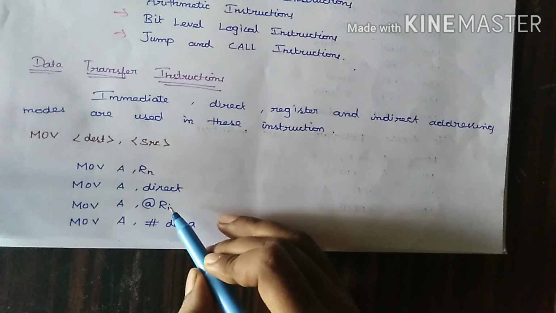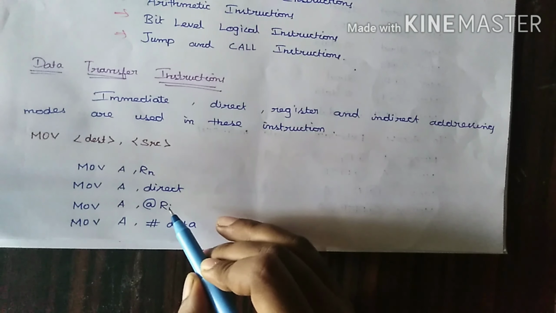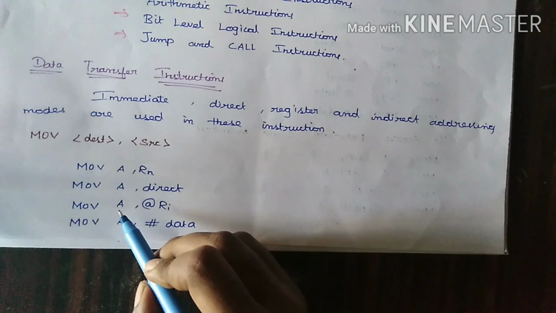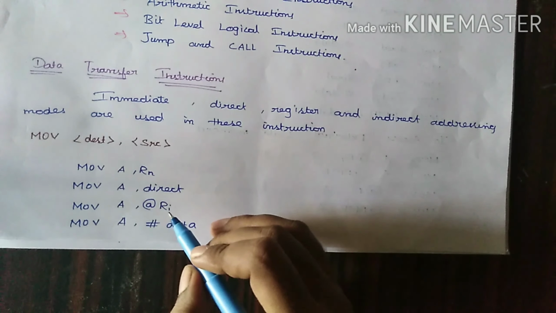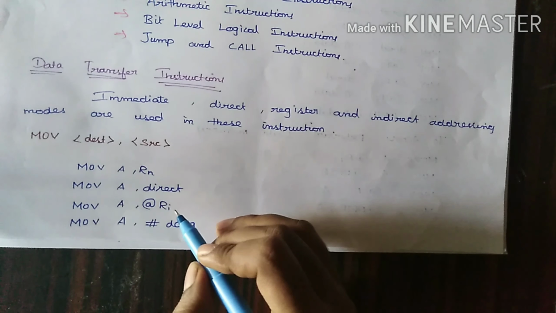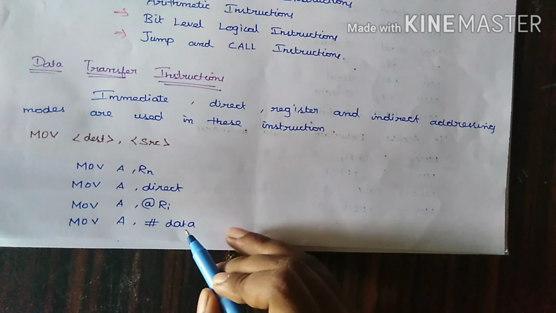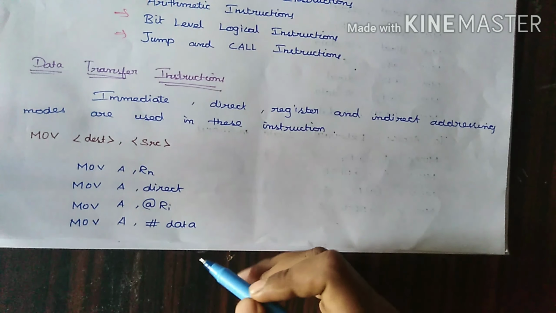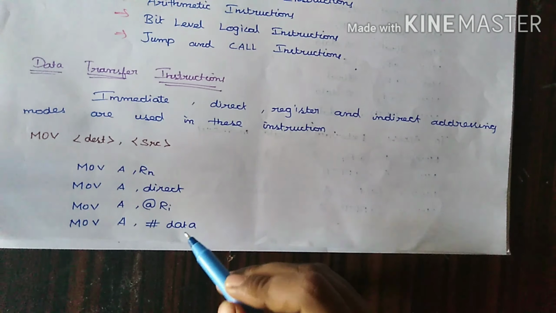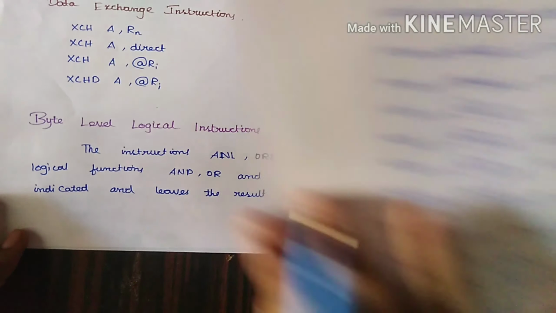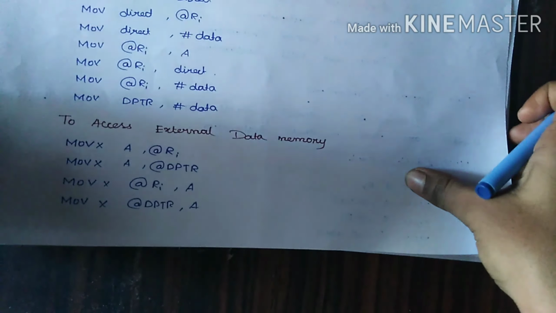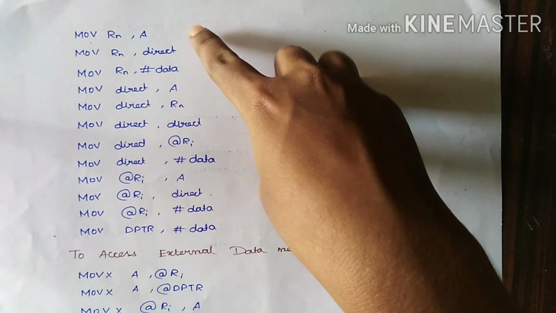And the next instruction is of indirect addressing mode. Here this Ri register will have an address in it. The data in that address will be copied to this accumulator. This @ symbol denotes the indirect addressing mode here. And the next instruction is of immediate addressing mode, that is we are giving data immediately in the instruction and this data will be copied to the accumulator immediately. And the next instructions are MOV Rn, A,